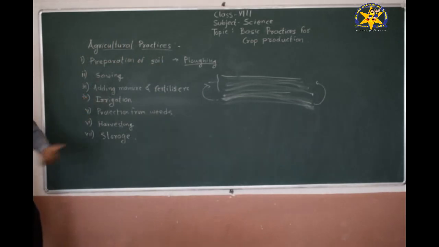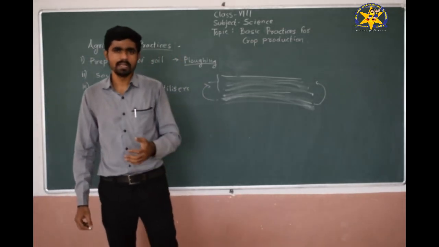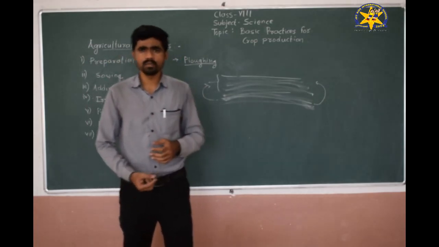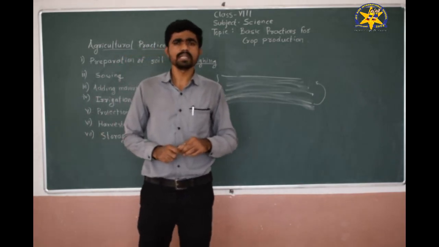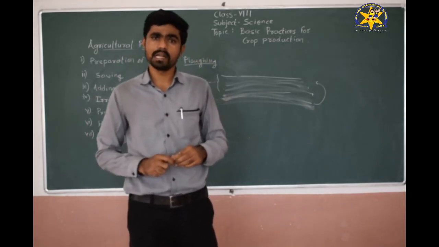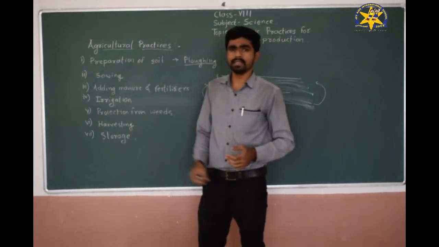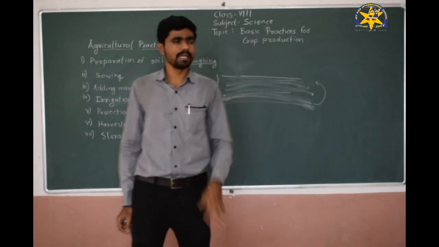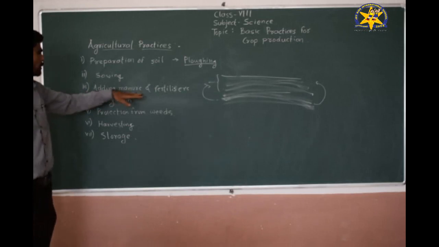Second is sowing. When we have already prepared the soil for future growth, we need to select the seeds. The first step now becomes selection of seed. How to select seeds? What are damaged seeds? What are healthy seeds? That criteria we have to follow in this step, and then we select the healthy seeds and sow them in our soil. So the second step is sowing, that is, implanting.